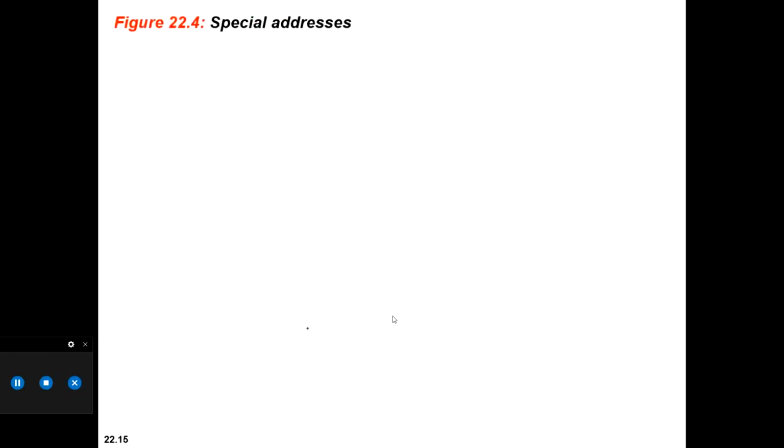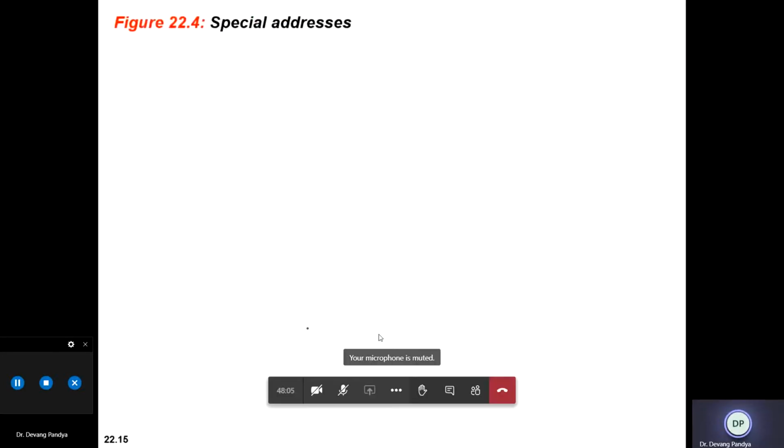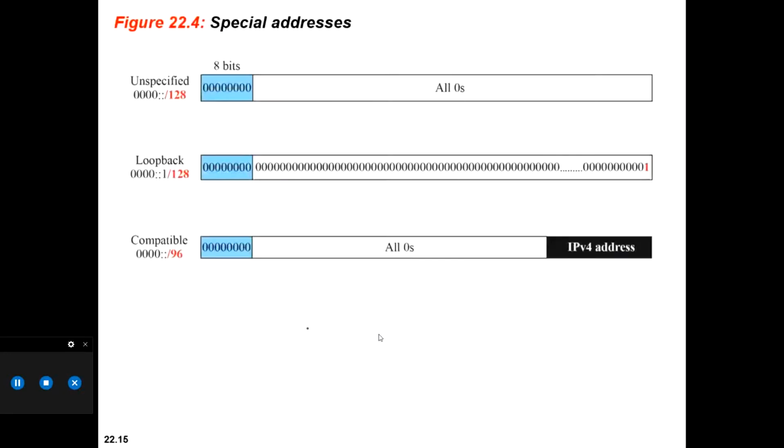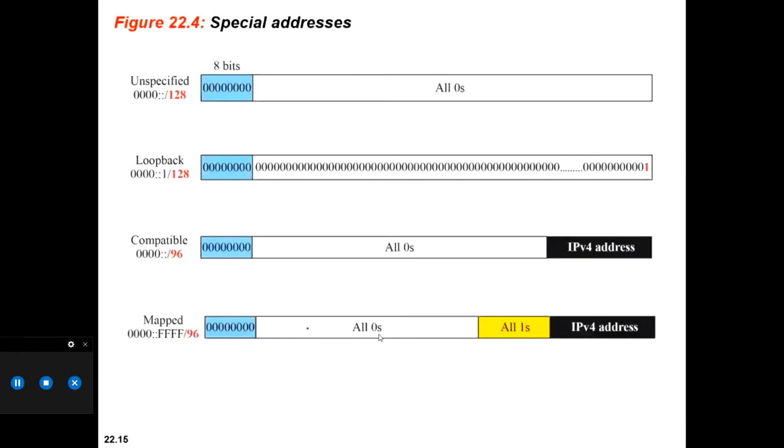Special addresses which you have to know. Certain addresses are special addresses, and one special address is the unspecified address. Very interesting notation here which I would like to bring to your awareness, because IP version 6 is a longer address. तो आप उसको कैसे लिख सकते हो?